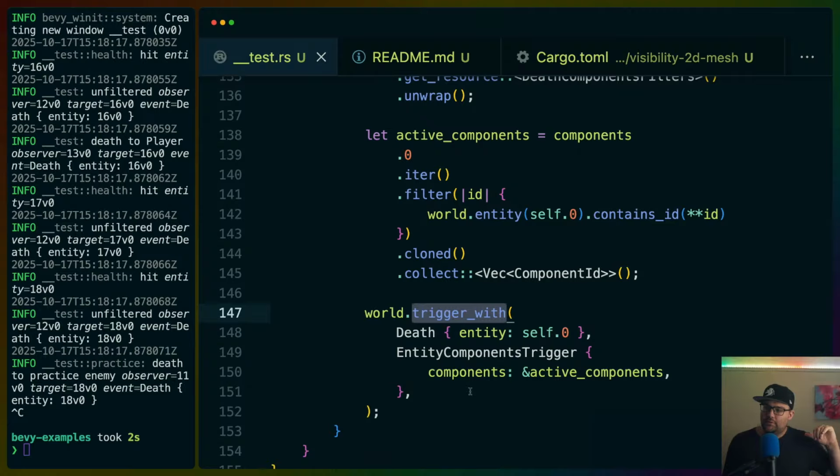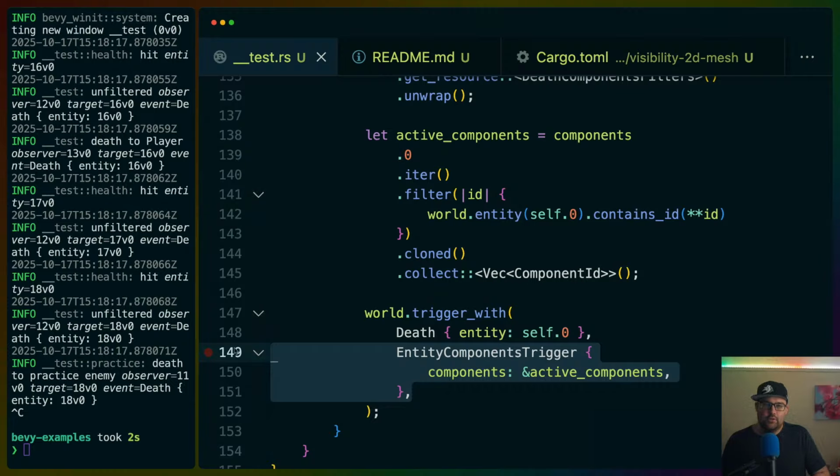So trigger with is a variation of observer trigger, right? You can trigger a global event, you can trigger an entity event. Trigger with allows you to pass in this additional trigger. For global triggers, this would be called global trigger. For entity events, I think this is called entity trigger. For entity component events, so lifecycle events like on add, on remove, on insert, this is called entity components